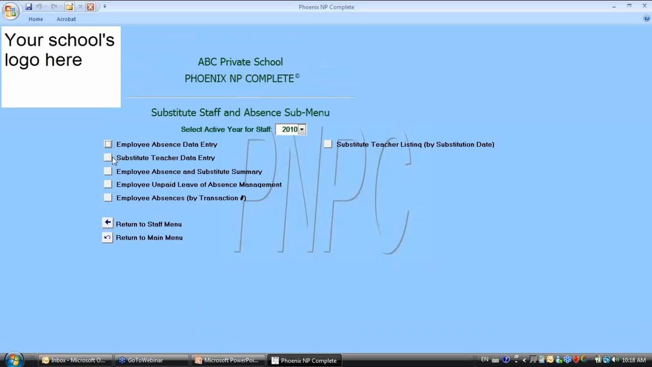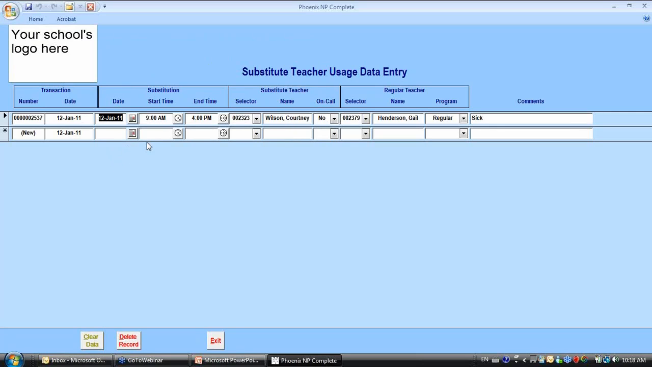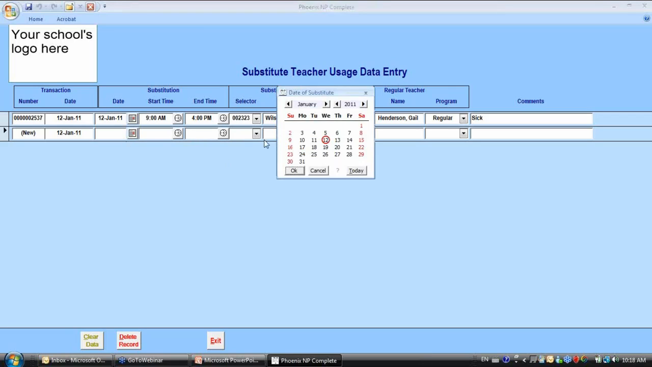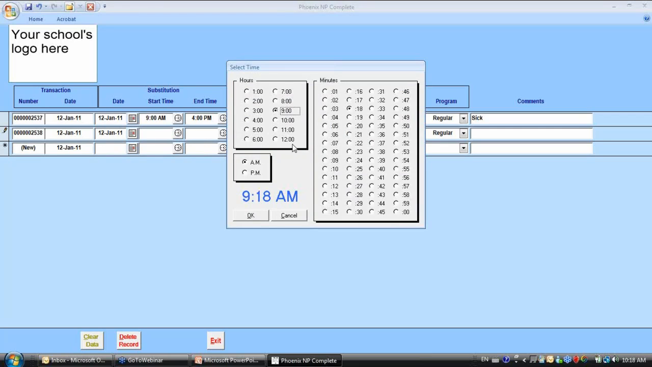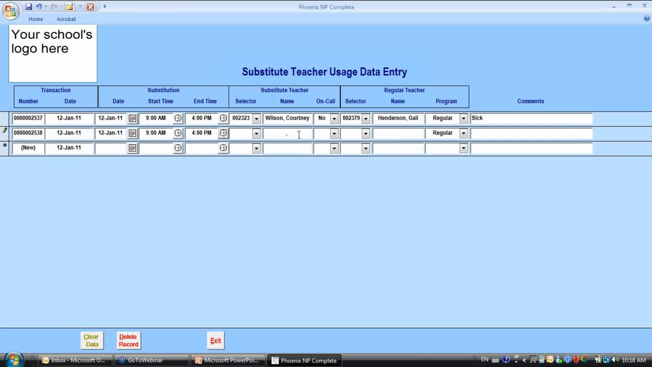Go into the substitute teacher data entry, and we want to bring in a substitution for Lee Richards. So January, and you can see I have some previous data here. So January 12th, 9 a.m. start time, 4 p.m. end time, and the substitute teacher, Courtney Wilson's going to be busy today, so there she is, and the regular teacher we're substituting for is Lee Richards, and sick, and